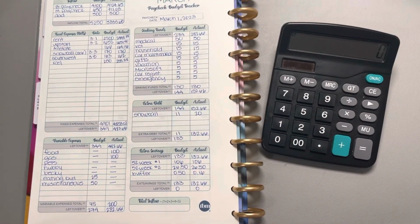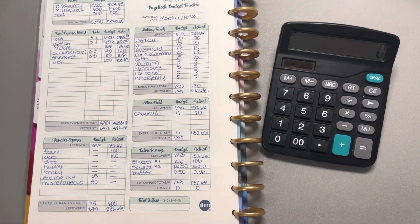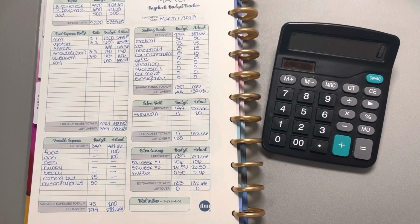I wanted to go ahead and give you all an update on what's going on with the heat in our apartment. I did finally go into the office to figure out what was going on, and there is a 6-week back order on the coils that they need to fix our HVAC. That being said, my next question was, are we going to get any rent reimbursement for us not getting what we're paying for? And they told me that because they are doing everything in their power to get us heat, that we are not entitled to any